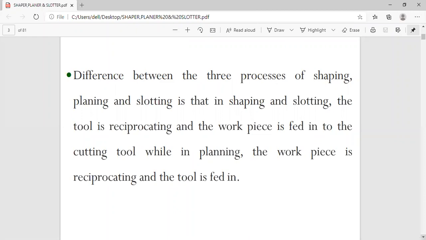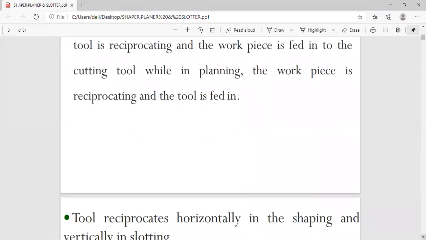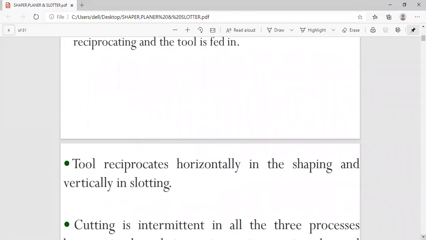So it will take less time, but while machining, the machining stroke or the cutting stroke will take time to finish the workpiece. So the workpiece will not come to the final shape in a single stroke or a single pass, but in a number of strokes we can complete the final shape and size of the workpiece according to the drawing. So that is very important.